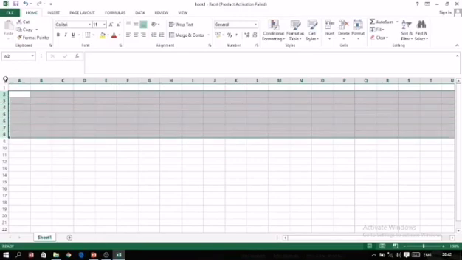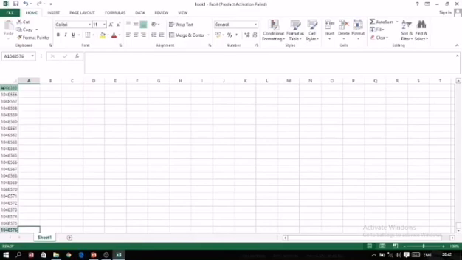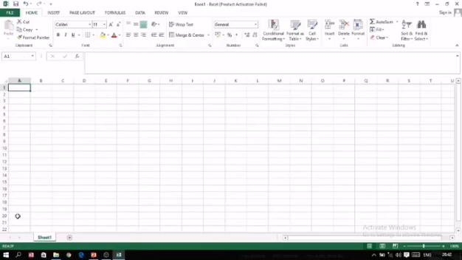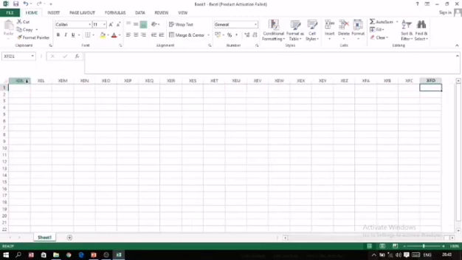The number of the first row is 1, and this is the last row. Now these are columns. Columns start with the alphabet A, then go till Z. After Z it starts with AA. In this way, the last address of the column is XFD.